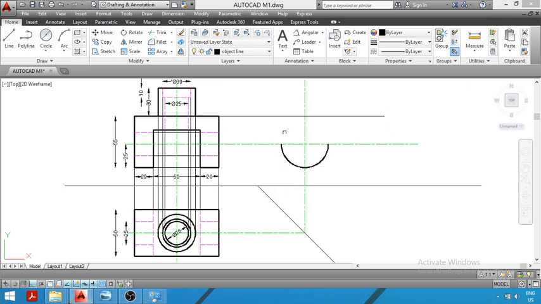So for completing the remaining surface, you have to just project this line in the side view. In the next step, we will draw a vertical line from this point to this point. So we have drawn the vertical line. Again, from this point, you will draw a straight vertical line up to the projected line. In order to draw these two lines, you have to just project this line in the side view by drawing a light horizontal straight line.